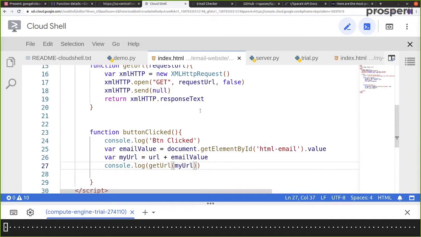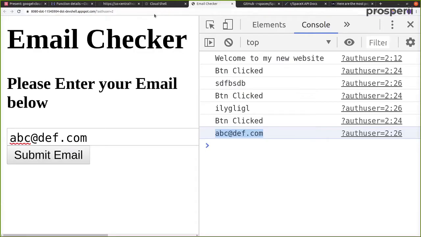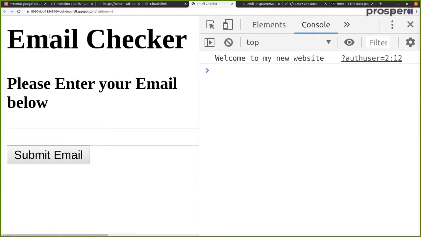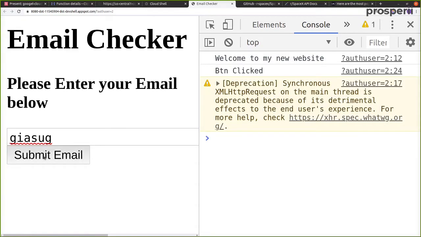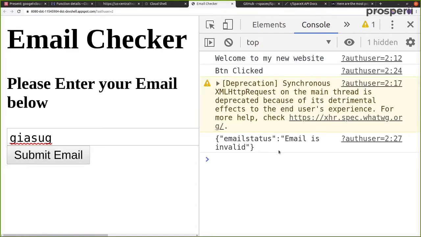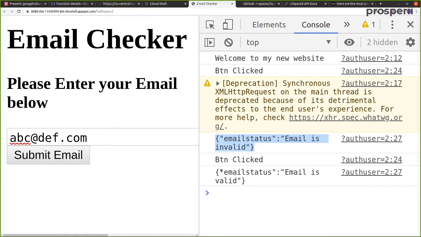Okay, so with this let's save everything, and over here let's refresh. So now let's enter some invalid text. Let's click on submit email, and over here as you can see we have email status, email is invalid. Now let's enter some valid text which says abc@def.com, and now if you click enter, this is when we see that the email is valid.